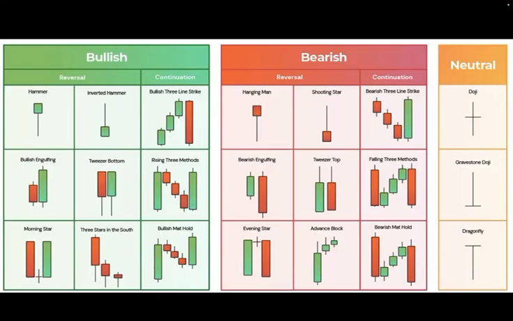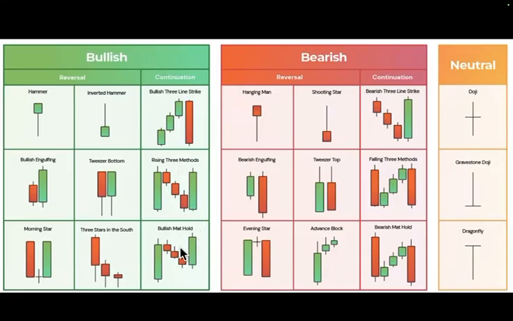So yes, let's go to our continuation patterns. So all right, this pattern happens. This bullish continuation pattern happens when there is already an established uptrend. So unlike these reversal patterns that happen towards the bottom or during a reversal, these ones happen when there's already an uptrend, meaning that there's already a trend that is going to the upside, and before you find these